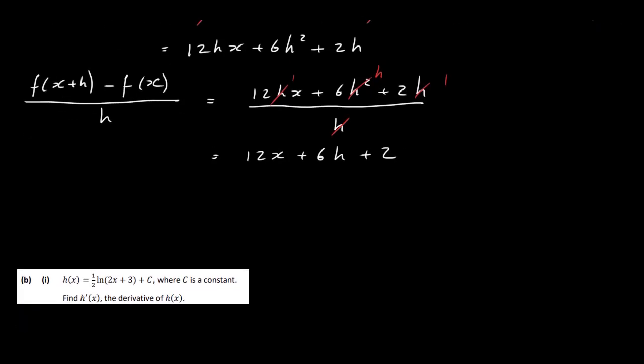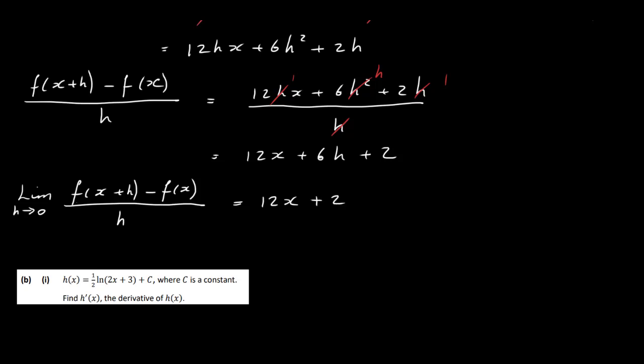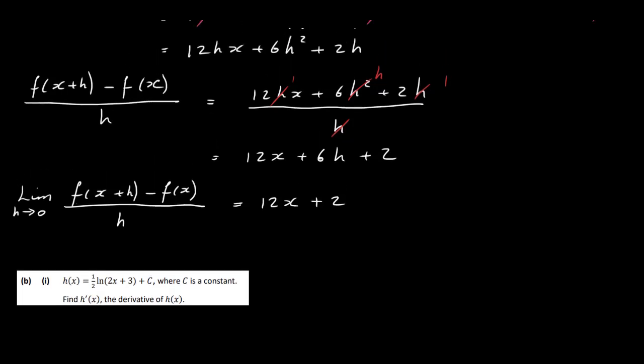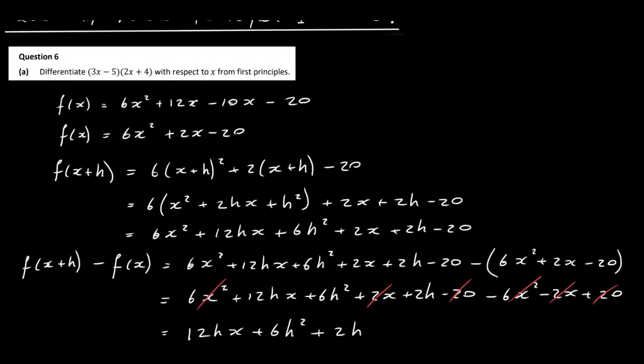And the final step then that we need to do is find the limit as h goes to 0 of f of x plus h minus f of x all over h. This is really our definition of differentiation. So we need h to go to 0, so that means h here will go to 0, so we end up with 12x, 6 times 0 is 0, so we end up with 12x plus 2. So that's what we get when we differentiate our original function. And you can see if you do it by rule that that's what we're going to get. So you can just check your answer